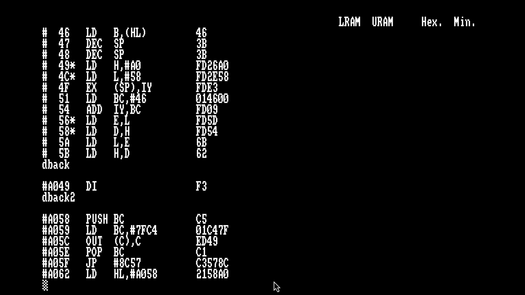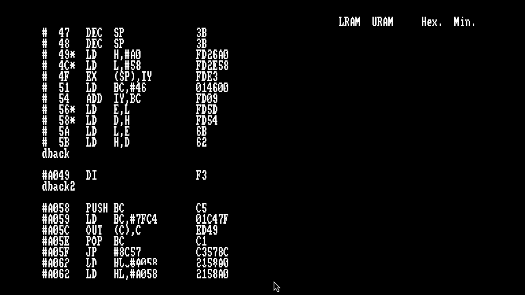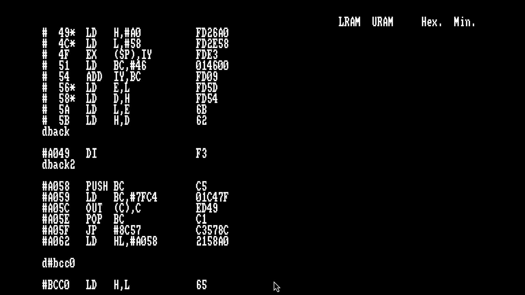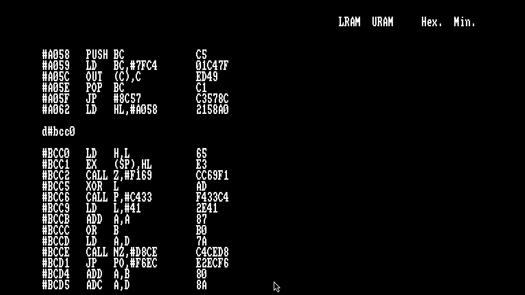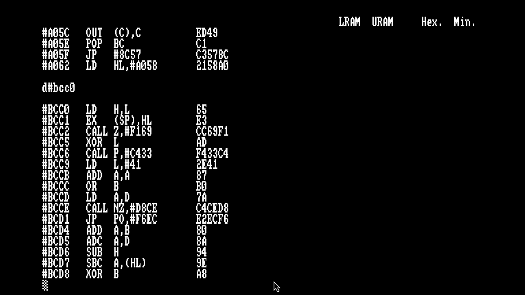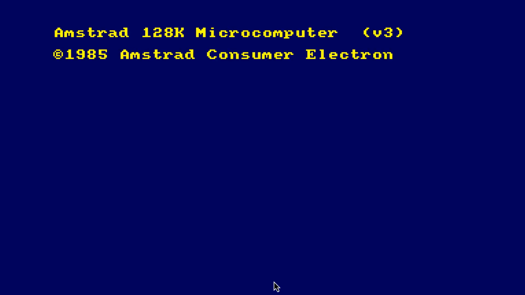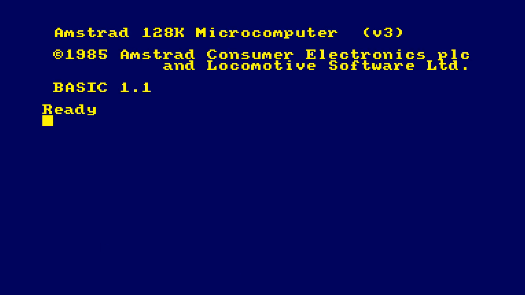Now here's the best bit with everything that you've now learnt. Let's have a look at that loader at BCC0. Okay, we've not decrypted that yet because we've not called the decryption routine. So we need to do this. I'm going to reset the machine again, rewind the cassette,